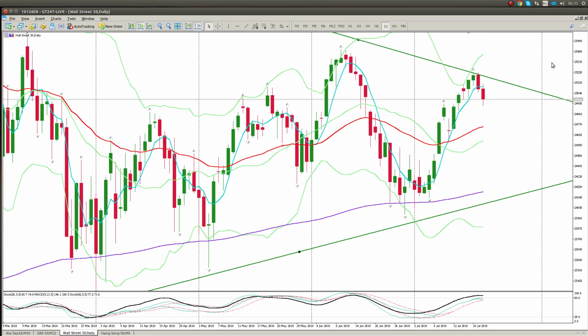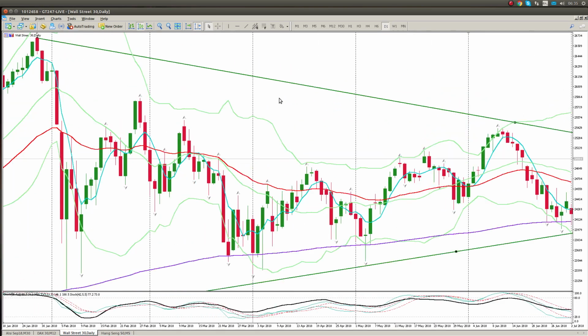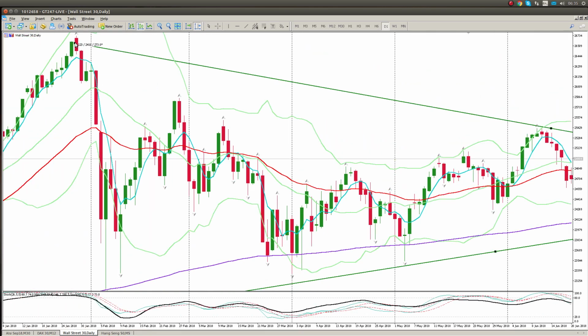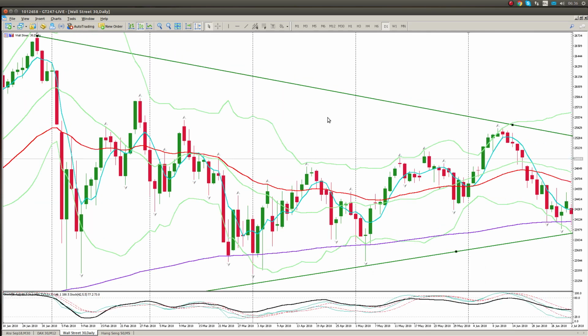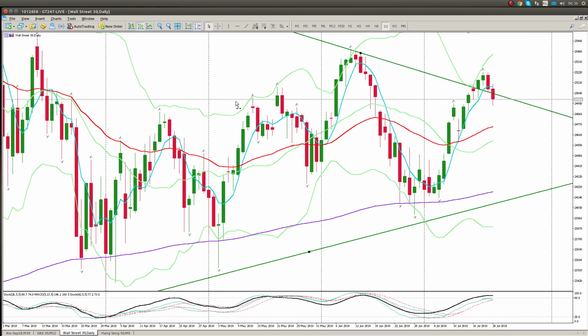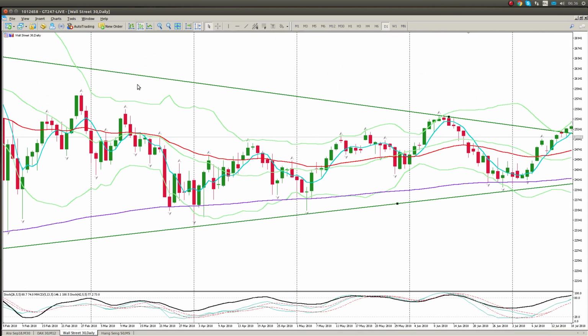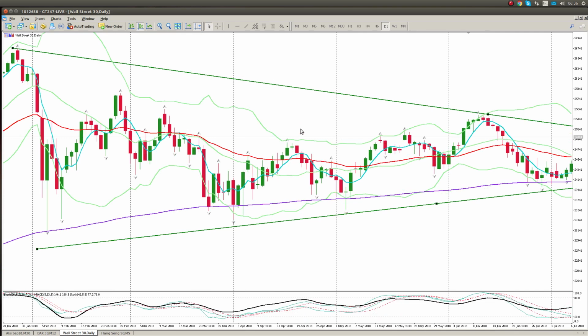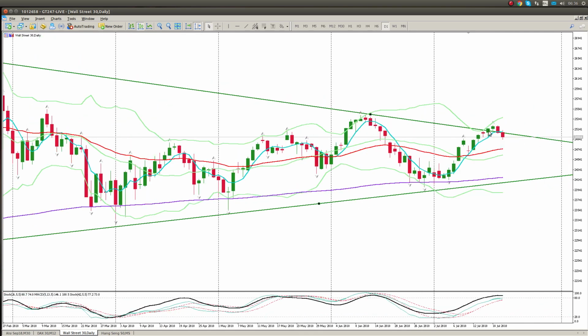It bounced pretty well off there, because it actually looked like it had broken through, to me anyway. So let's just get back there. That's right, there we go. So to me it looked like it had broken through. We're looking for a retest, but looking at it from a distance, it's looking like it's going to continue into